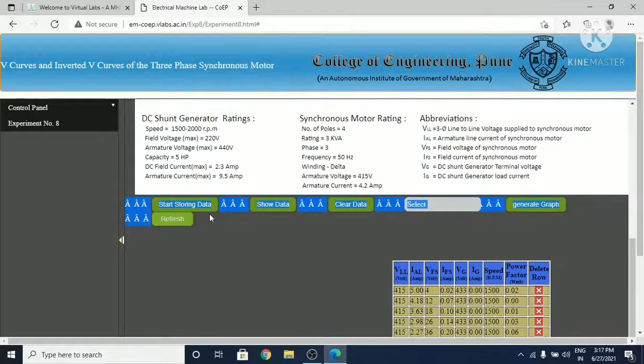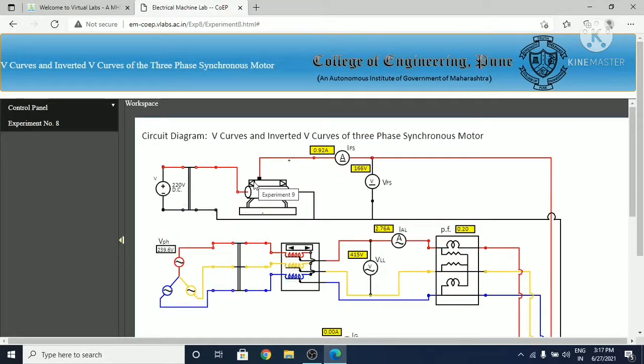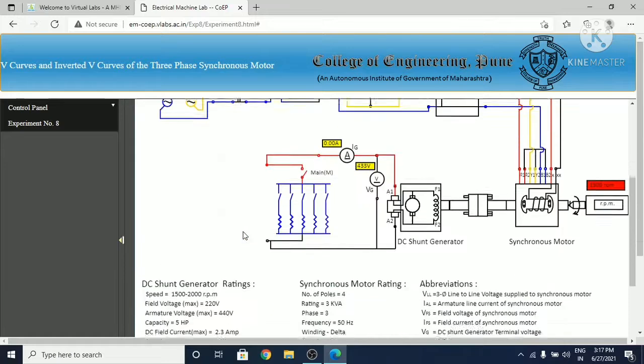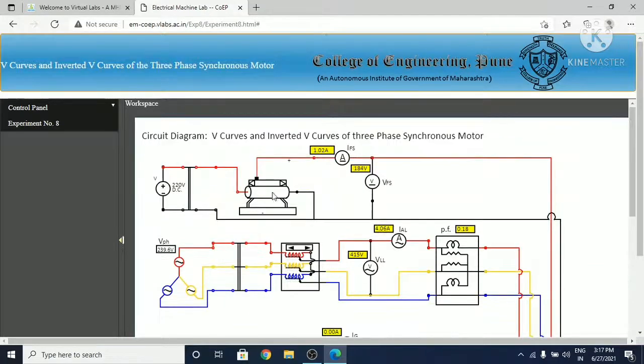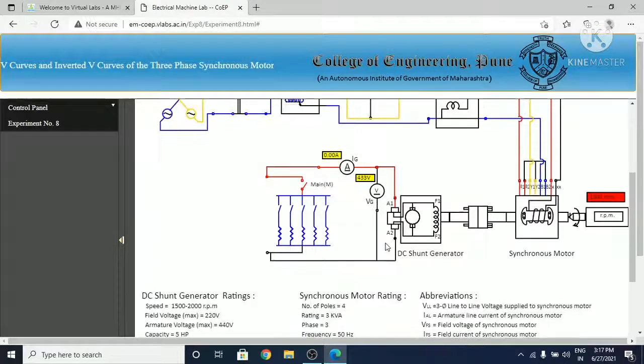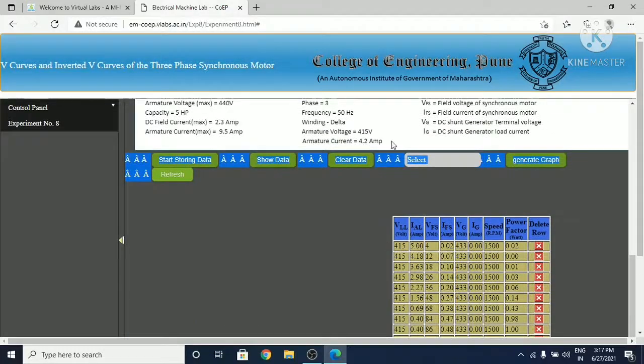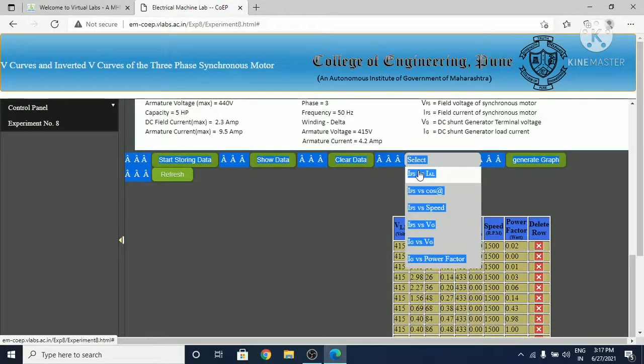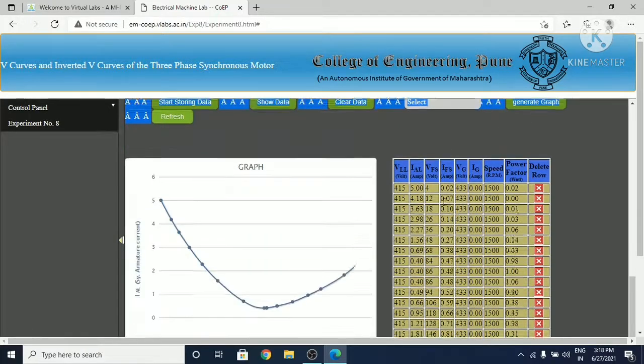Yeah, it's almost coming to 0. Sorry, I keep on going, but the rated current is only 4.12 ampere. So I am stopping here, because the stator current has attained 4.06 ampere. Now we will see the graph, the relationship between the field current and the armature current. I am just generating the graph.